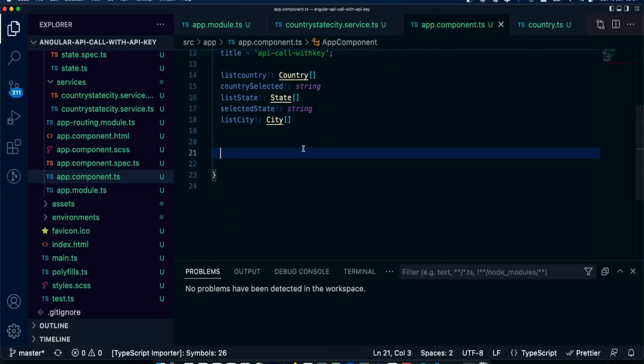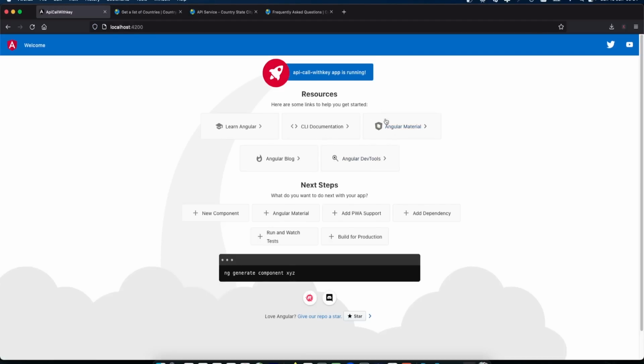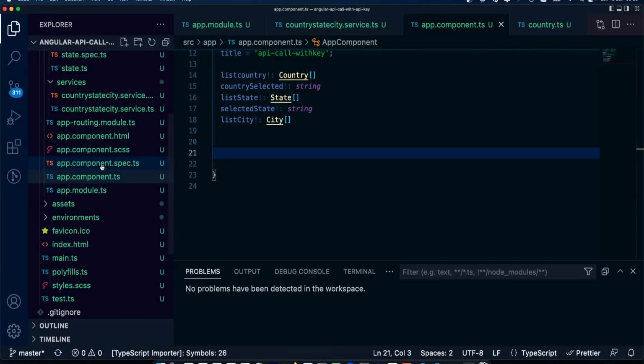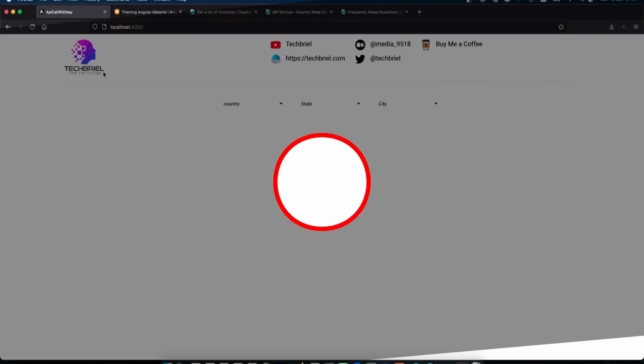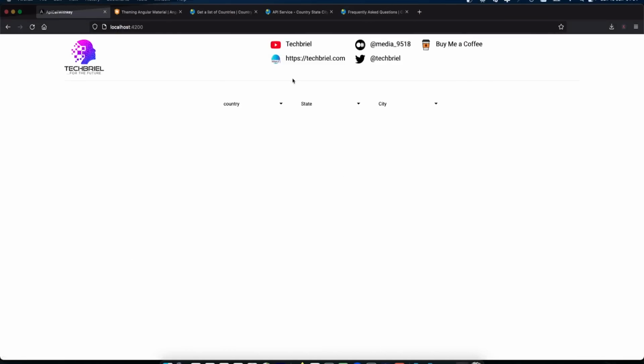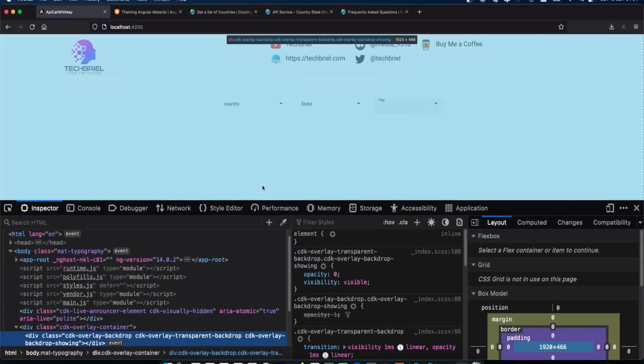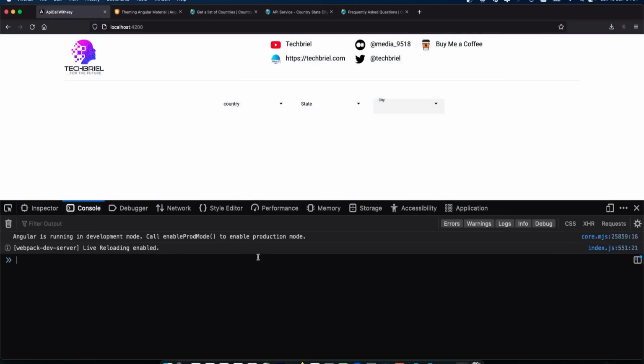Okay, before we proceed further, let's go and fix our front end. So right now it's using this demo landing page. Because of time, I'm not gonna do it from scratch. I'm just gonna copy a bunch of HTML and style sheet, and I'm gonna put it in our app component.html. So I've just got a bunch of headers with links and all that just to make it look pretty. And then I've got a select country and state, and then city. There's nothing in there for now. It's not calling anything, it's not fetching anything.